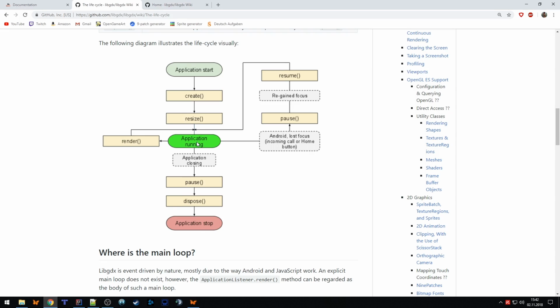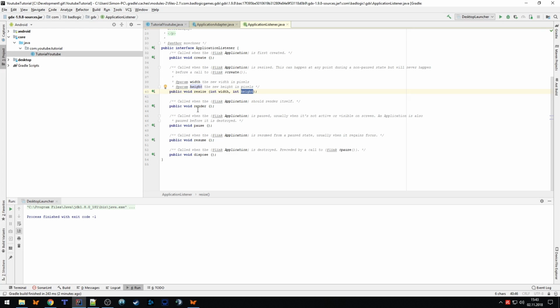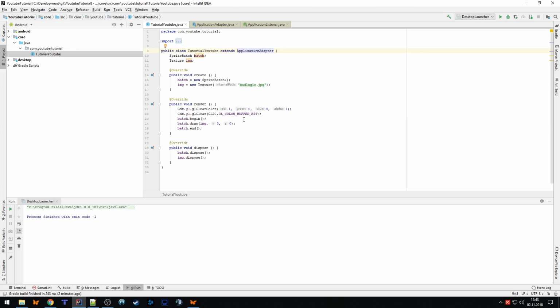Then the application is running, and then in a loop, it's calling the so-called render method. That's this one that we also see here. In the render method, as the name suggests, the rendering is happening, so the drawing of the different stuff of the game. But also, and that's what I do not really like about this library, but that's just how it is, there you're also doing the updates of your game logic.